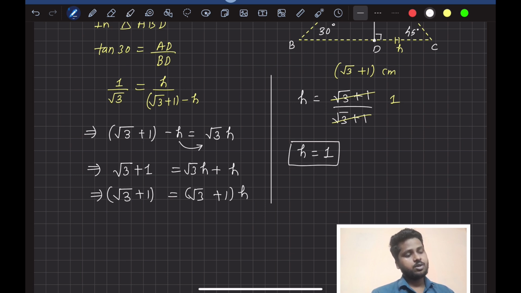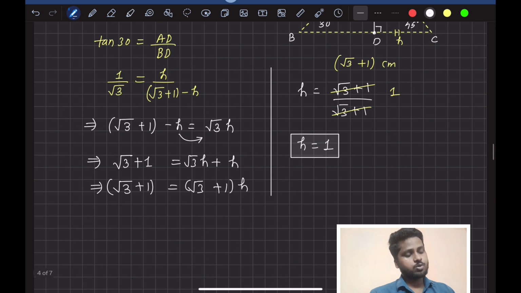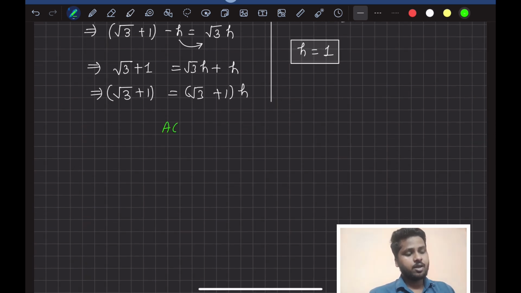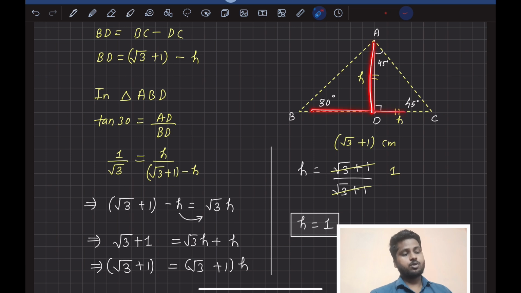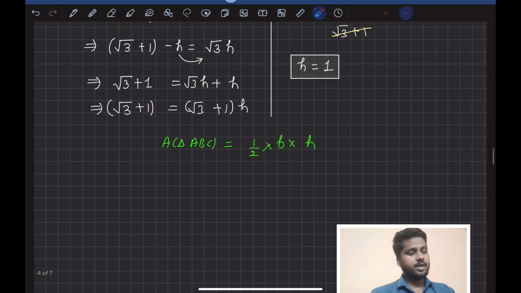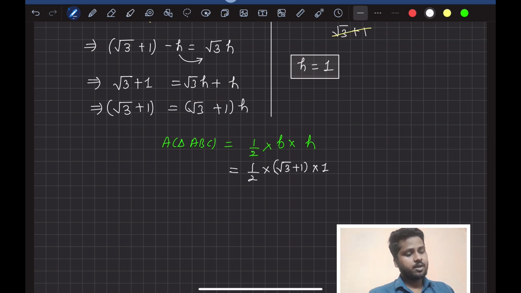Understanding? So if height is 1 and base is also known, we can write the formula, that is, area of triangle ABC is equal to half into base into height. If I take base as BC and height as AD, I can find out the area of the triangle, right? So here I'll just substitute the values, base as root 3 plus 1 and height as 1. So we get the area of triangle